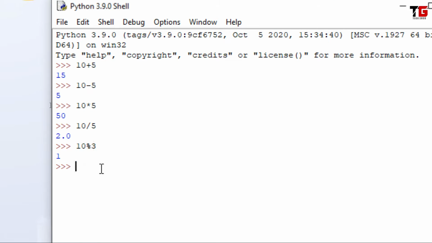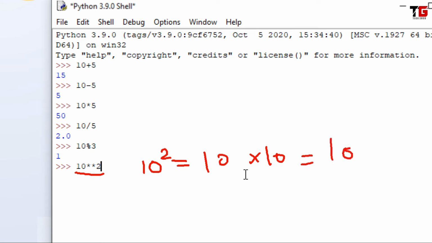Alright friends, now we have two special operators in Python. Friends, 10 double multiply sign 2, that is known as exponent. It works as power. So this statement means 10 raised to the power 2. So 10 raised to the power 2 means 10 into 10. So I will get 100.